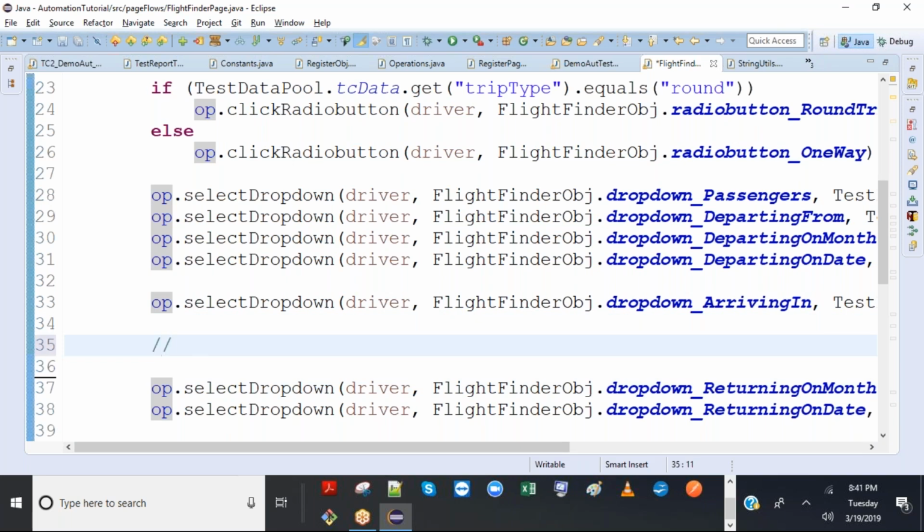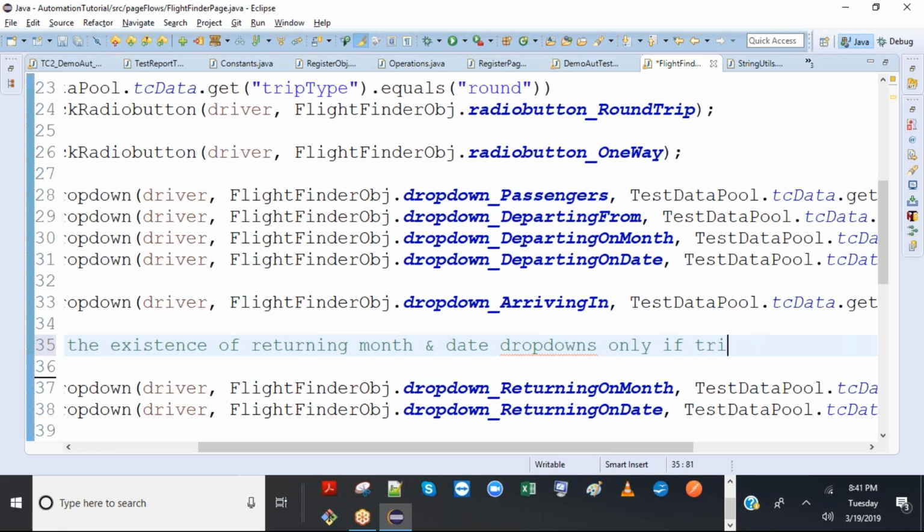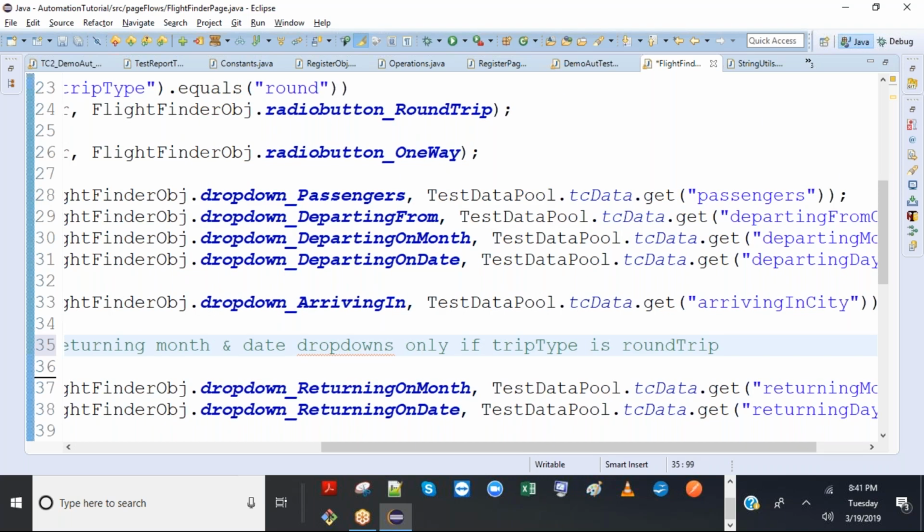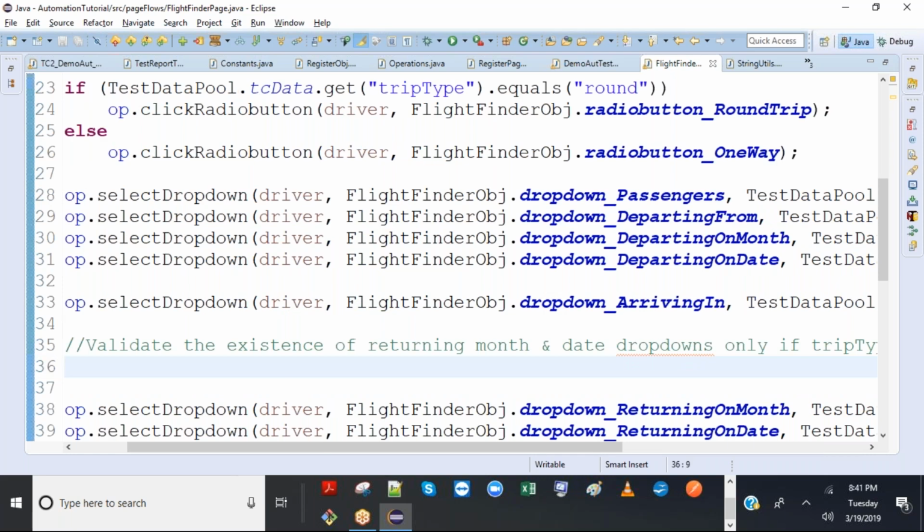So let's call validate the existence of returning month and date drop down only if trip type is round trip. Okay, so otherwise it should not display. So if condition,